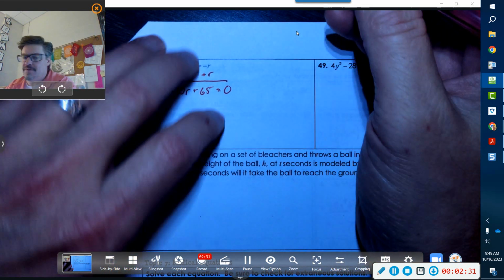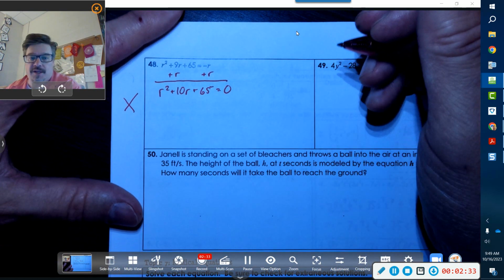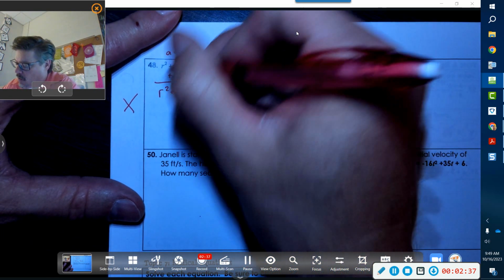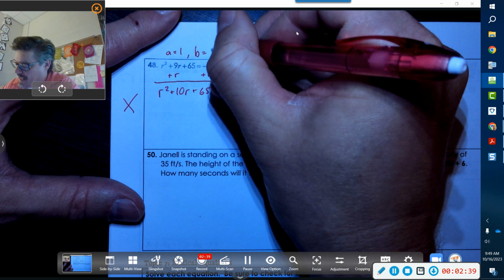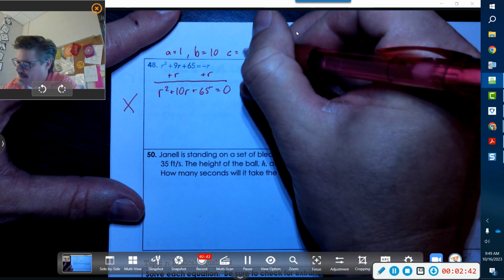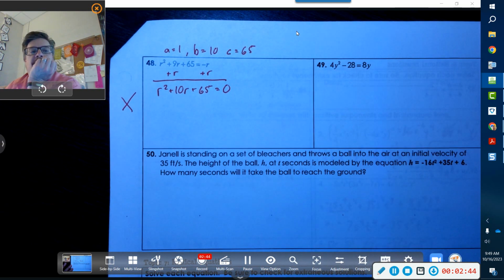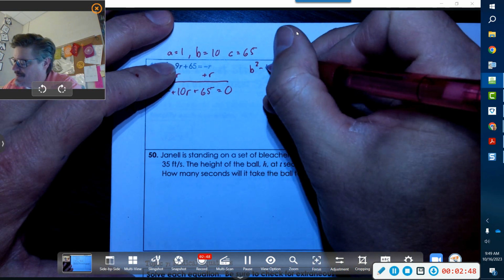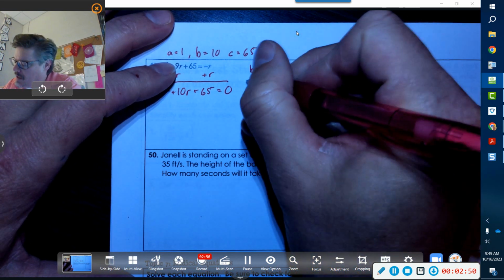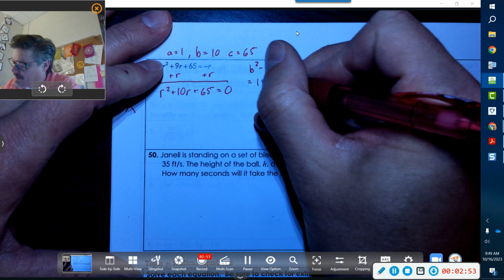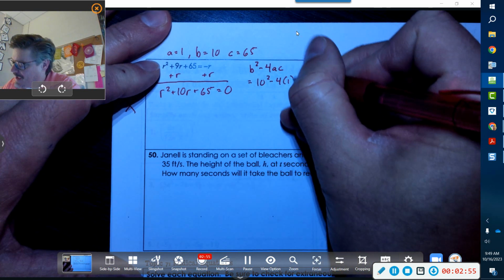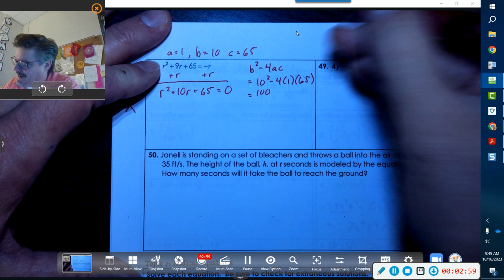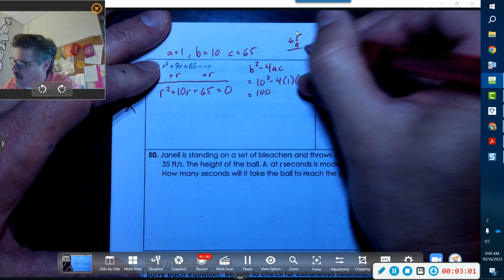So now what I've got to do is use the quadratic formula. So my A is 1, my B is 10, and my C is 65. Okay. So I'm going to go straight to my formula, and what I like to do first is actually do the inside of the radical first. So let's just go ahead and do that. That's going to be 10 squared minus 4 times A times C. That's going to be 100 minus 65 times 4, which is